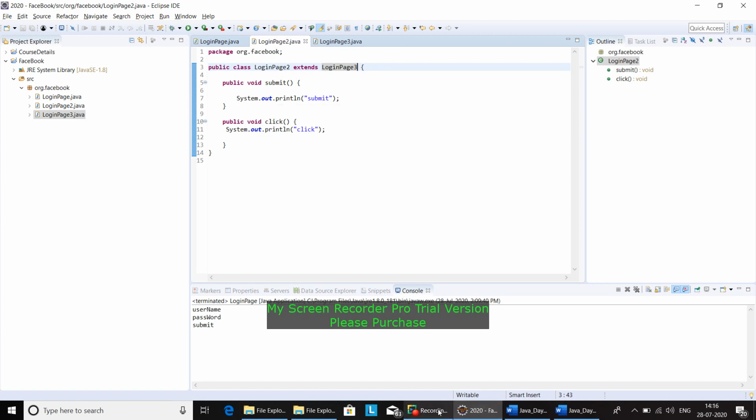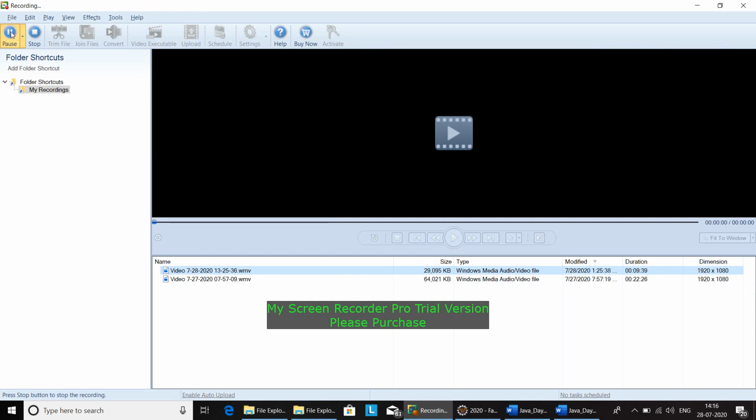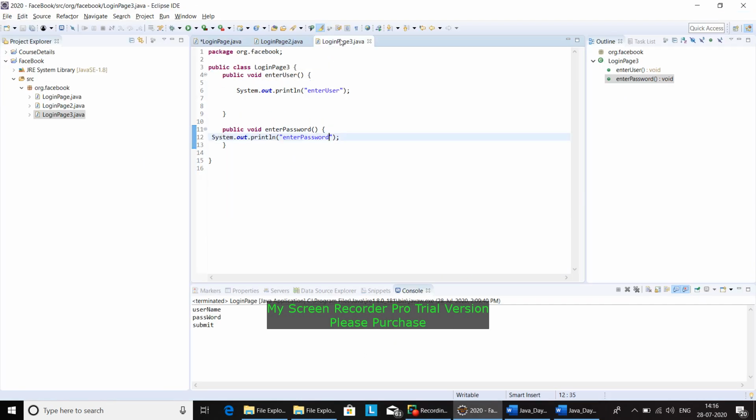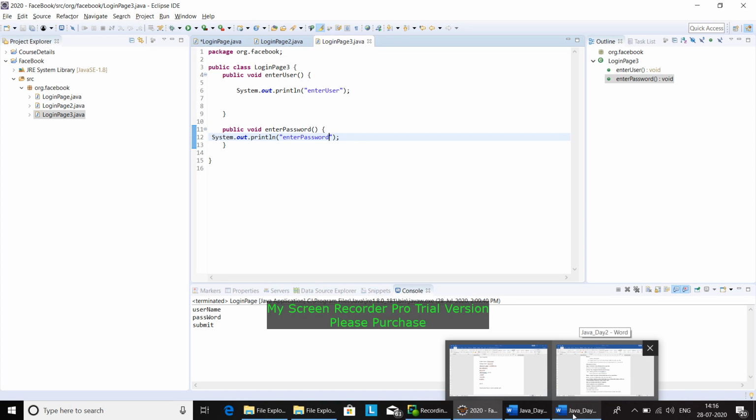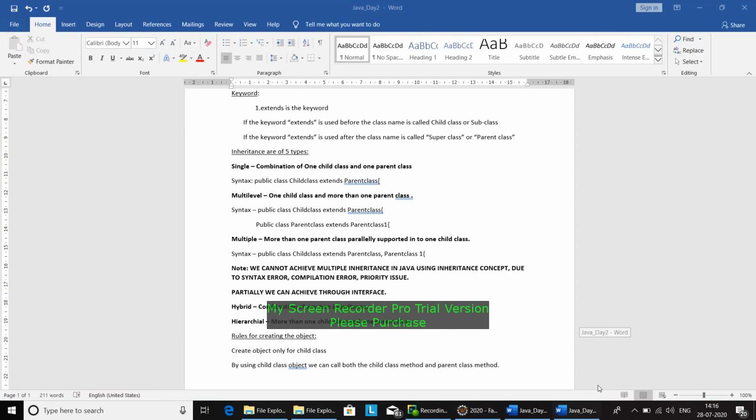Now let's see. We have created the methods here and printed the method here. Now we need to call the method. I missed telling you the rules here. The rule for creating the object is to create an object only for the child class, and by using the child class object we can call both the child class method and the parent class method.